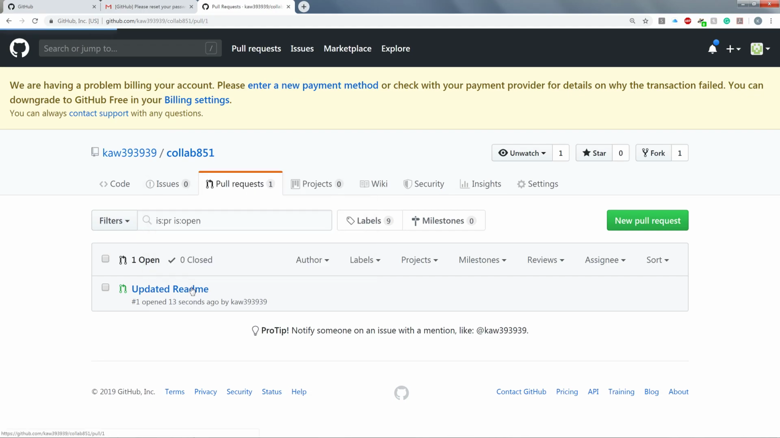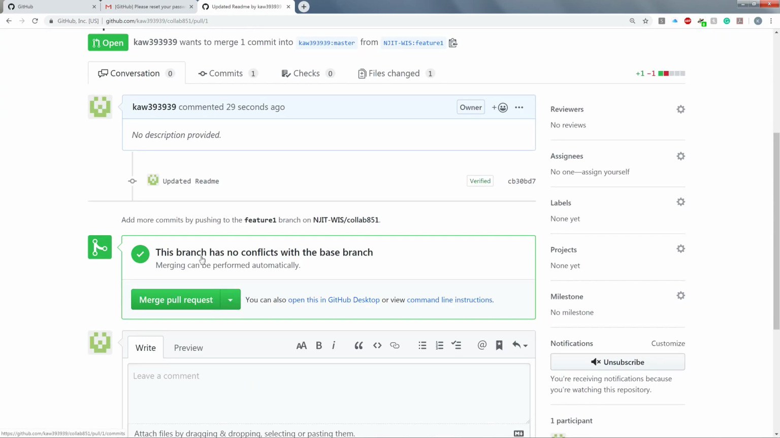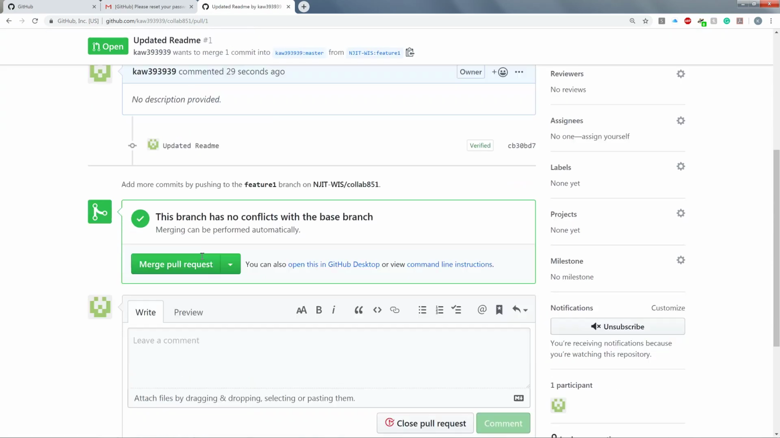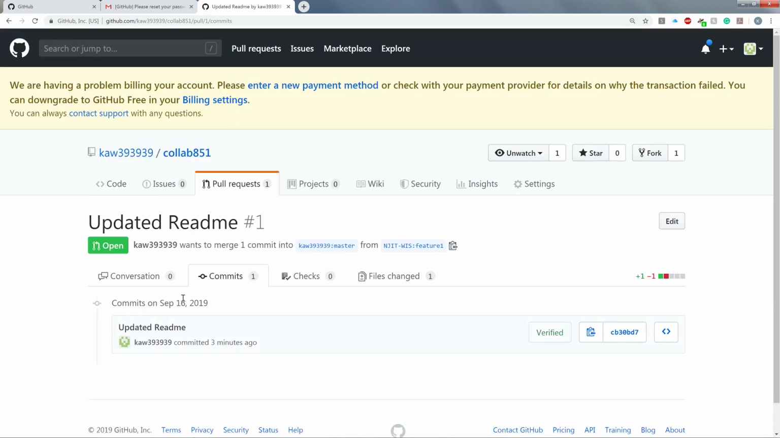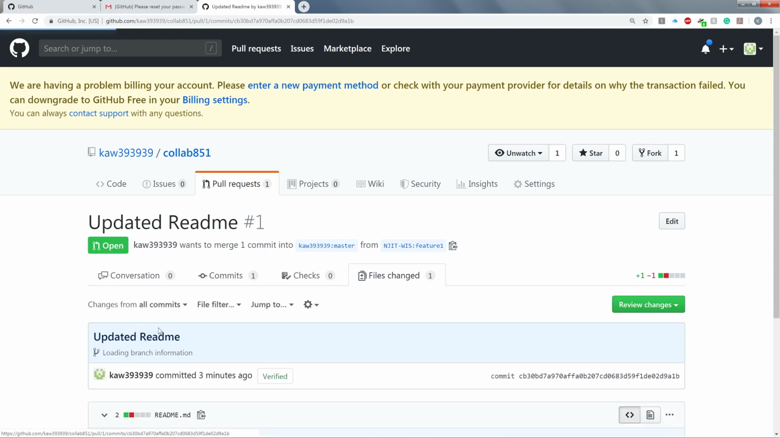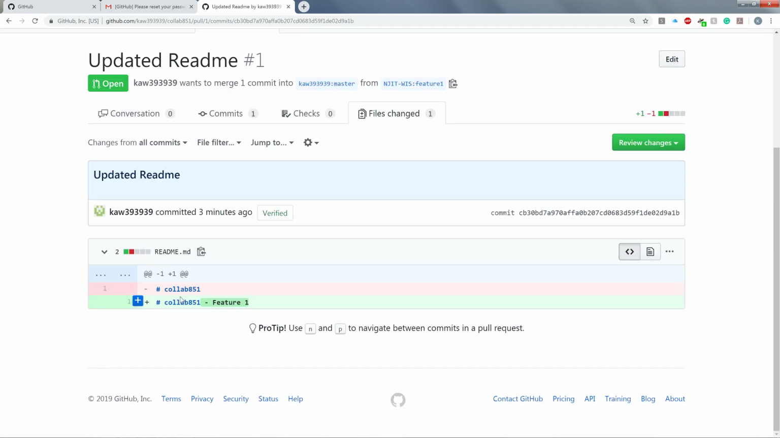I would see this, and I'd be like, oh, so this other person wants to merge a pull request. So I click on it, and then I can check out the commits, and I would be able to see what had happened and updated the README, and I'd see that this was deleted and this was added, and I'd be like, okay, that's great. And then I could come back over